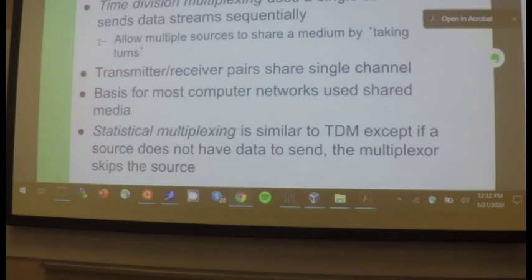When you said the text, you meant the Kurose? Yeah. And then in the Donahue,